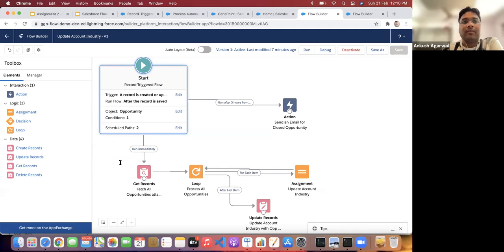That Apex method must be defined with the annotation invocable, so you need to make sure that the Apex method can be invoked from the flow. Once it is done, we can add an action and do some specific operation which cannot be performed here, in the Apex method.